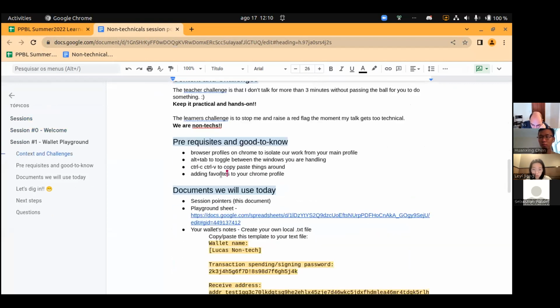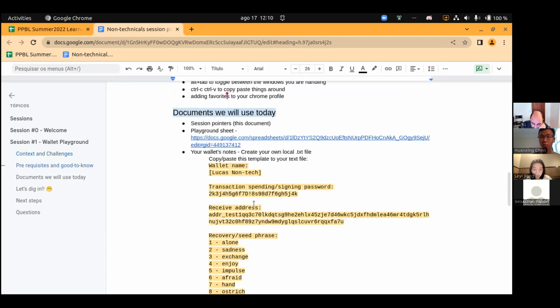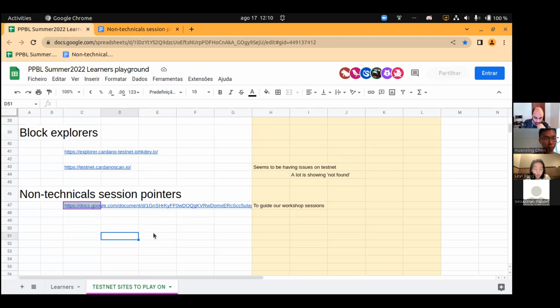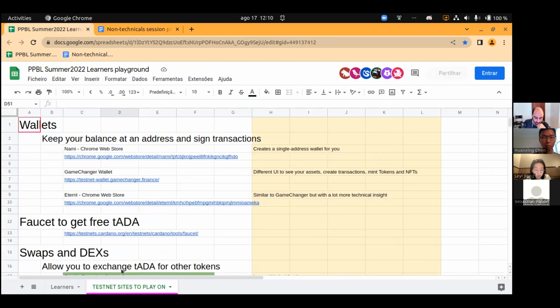Okay, so we've done all this. And now the documents that we'll use today. Session pointers is this document. Then the playground sheet is this document. Let me just introduce this one to you very briefly. So these are a lot of testnet websites and dApps that we can play with. It's not a world of opportunities. It's